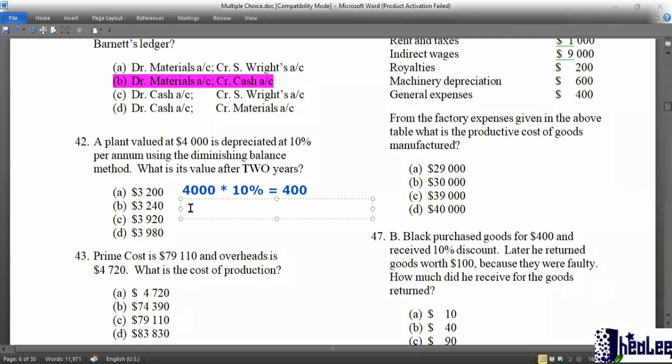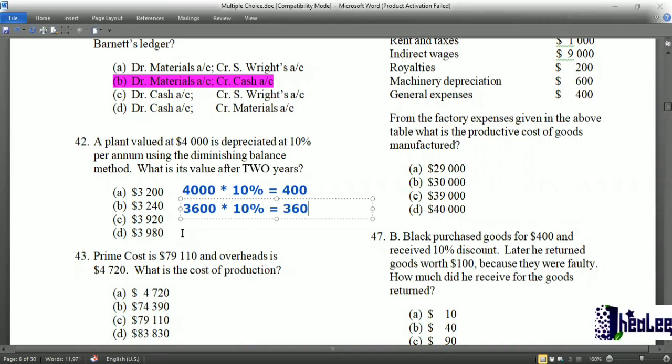$400. So in calculating the depreciation for the second year, it would be 3,600 multiplied by the 10%. Because we're using the reducing balance method, remember, you calculate it on the current value of the asset, and that would give us $360. So to get the value of the plant at the end of the second year, that would be 3,600 minus what it depreciated by for that year, and that would give us